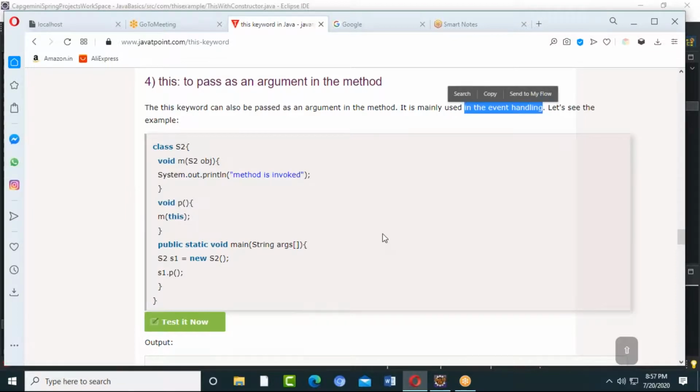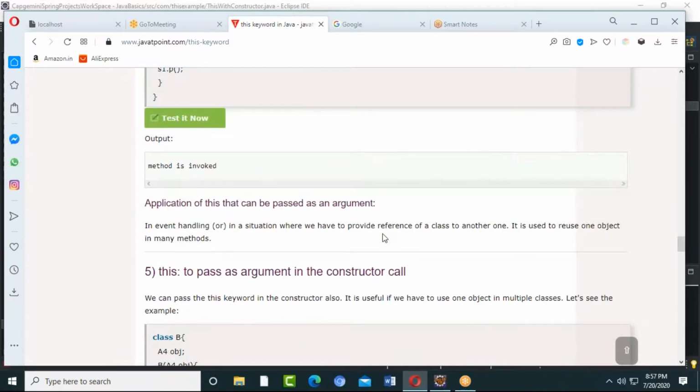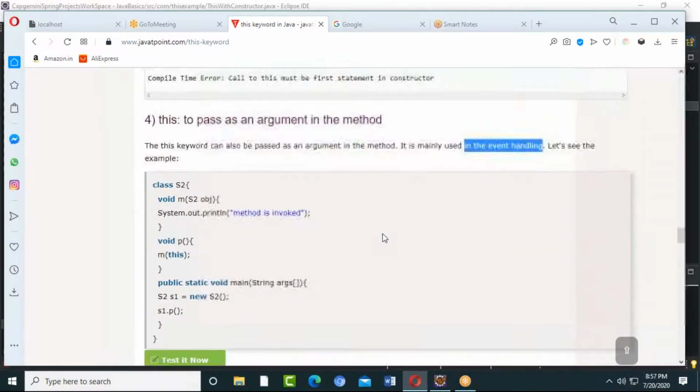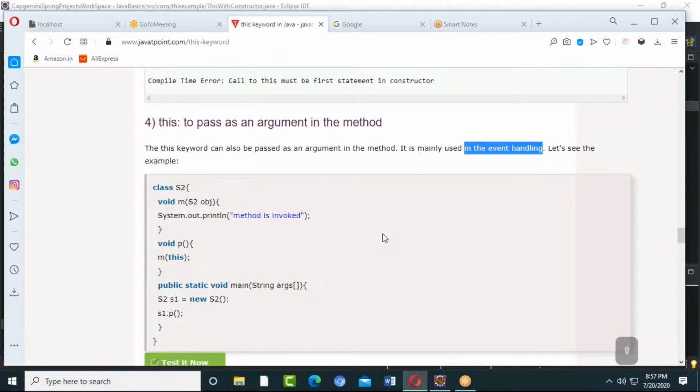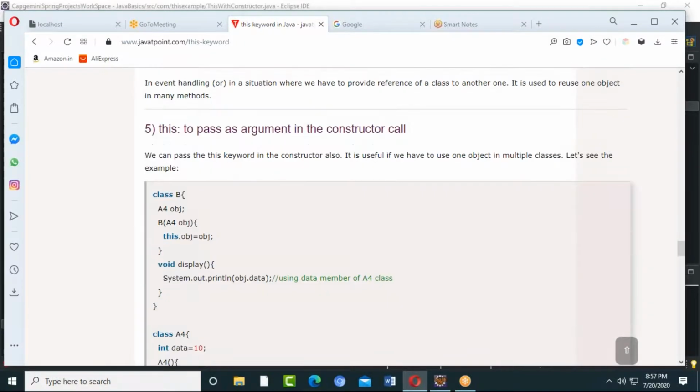So if you're clicking on that, the same action should happen. It doesn't have any other things. That's the meaning of it. So this is one of the ways we pass it as an argument. That is the this keyword. We'll be using it basically in some other classes, and it is also used some other time for constructors.